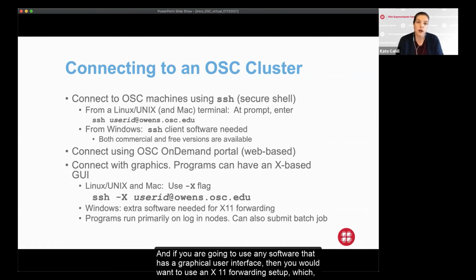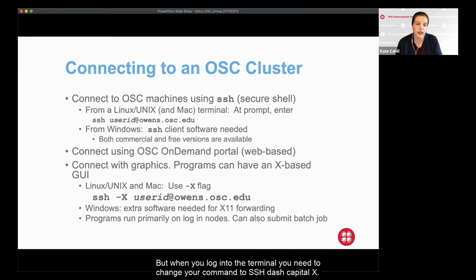And if you are going to use any software that has a graphical user interface, then you would want to use an X11 forwarding setup. There's some information on our website if you need to do that. But when you log into the terminal, you'd need to change your command to ssh -X to turn on that forwarding, so you can run your graphical interface.